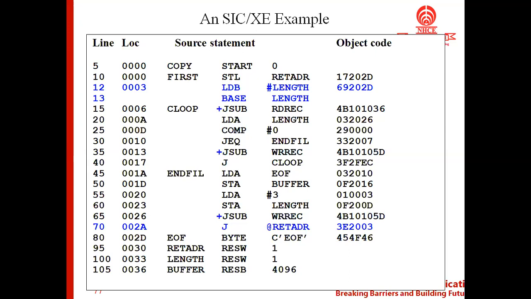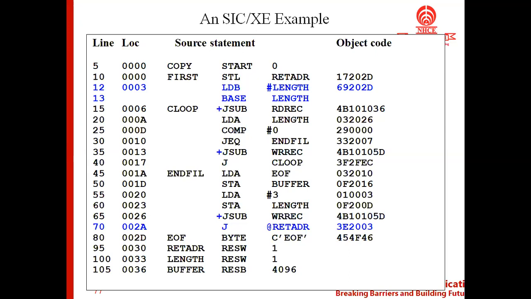Why is it required? As you know, in a 2-pass assembler, the first step is to assign the address to all the statements in the program. This is a very important step which I keep repeating, because this is one of the most important parts of the assembler: to assign an address to each and every instruction in a program, based on which the object code generation will be carried out.